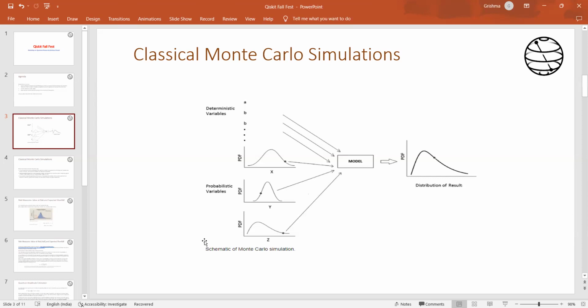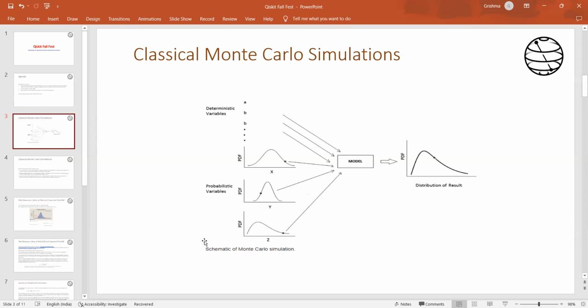So be it how the market is working, be it how the stock return has been in the past, be it how the company of which the stock is performing, etc. So there are several factors which can be demand and supply of the stock, etc. There are several factors which may be influencing the particular stock. And so what you want is for each of those independent features, you construct a distribution and you draw random samples from each of those.